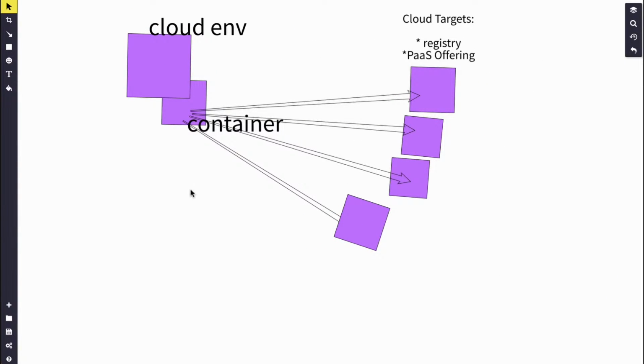And we're going to go to the next step, which is a web app based container that gets deployed to a platform as a service offering. And so the idea here, again, is you have a cloud environment that solves a lot of the problems for you. You then build out a container. That container can be deployed to multiple different cloud providers. And so the trick is going to be, can you actually programmatically push that container into a container registry